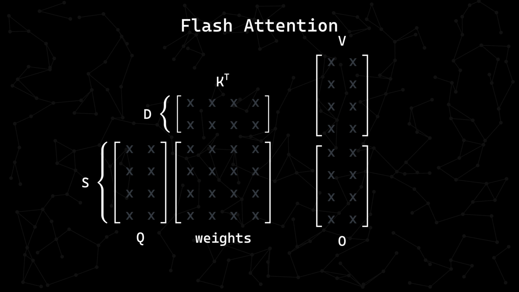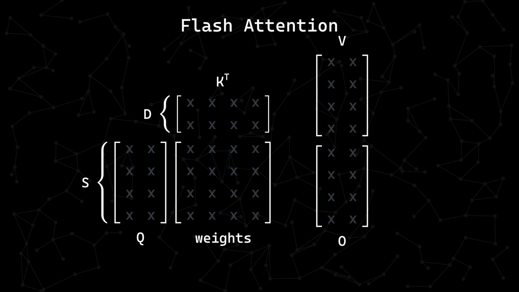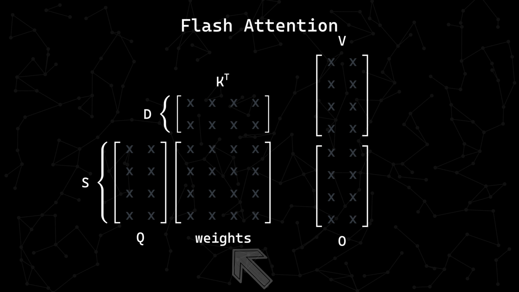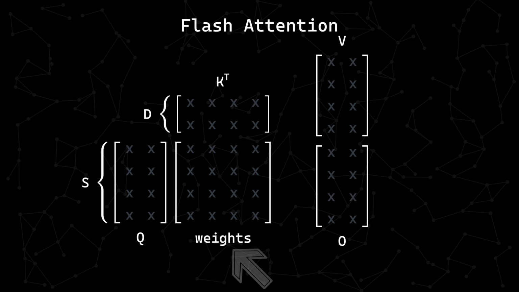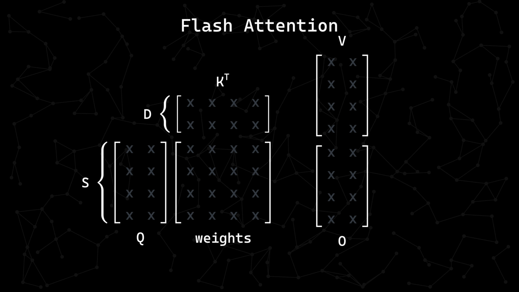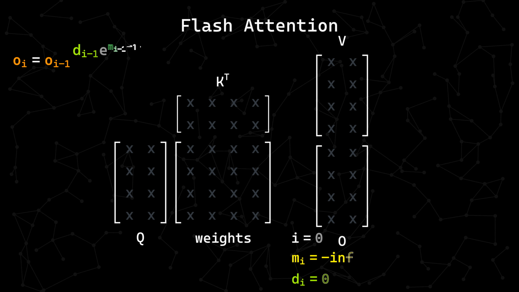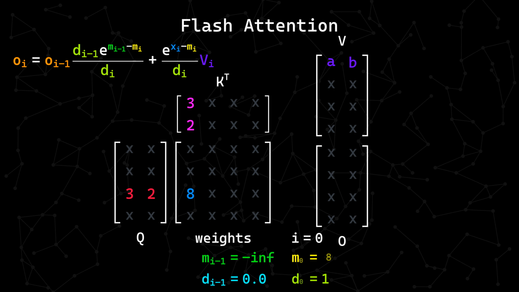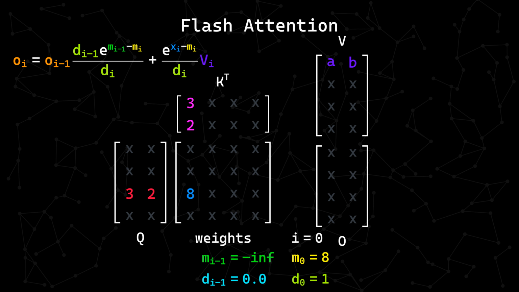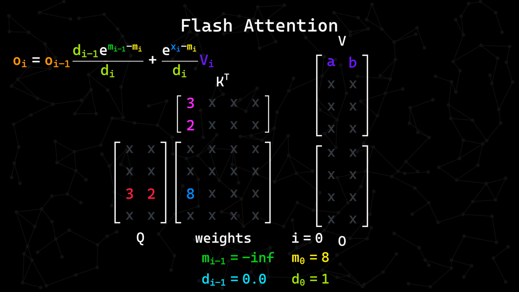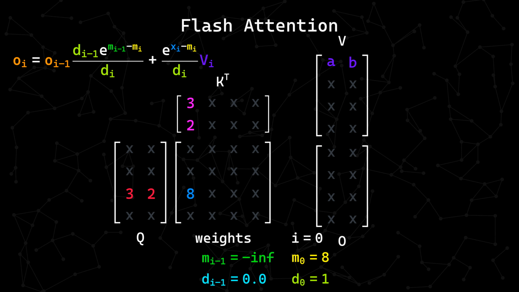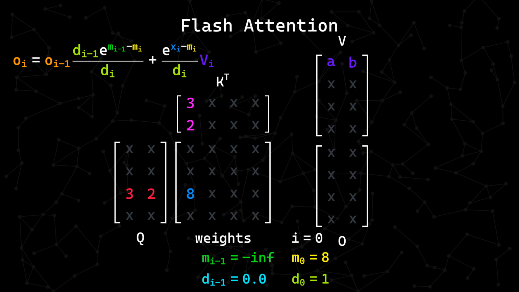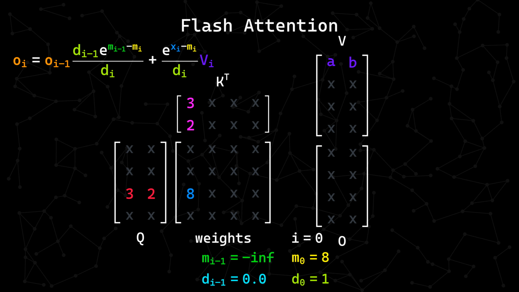Multiplying the Q and the K transposed matrices yields us our square weights matrix with dimensions of sequence length by sequence length. Remember, we do not want to materialize the weights matrix at any cost. As an example, take the third row of the Q matrix and the first column of the K matrix. Their dot product yields the first value in the third row of the weights matrix. Remember, for regular attention, we'd have to get the entire row before the softmax operation. Only afterwards would we be able to dot product it with each of the columns of V to get the